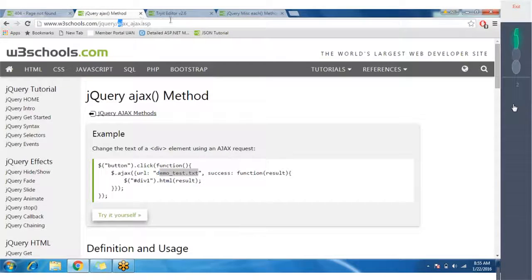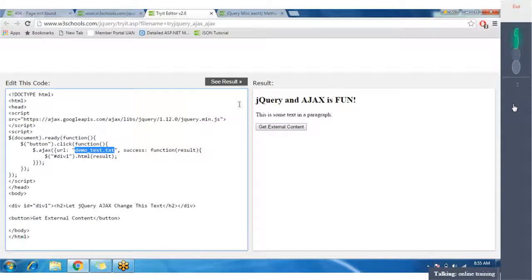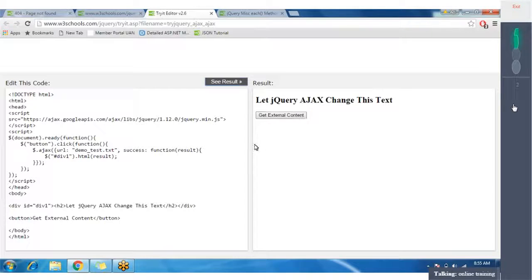So this is a txt file, demo_test.txt, and from that it is loading the data. If you look at this file, it contains "jQuery and ajax is fun", and the same thing is displayed here.